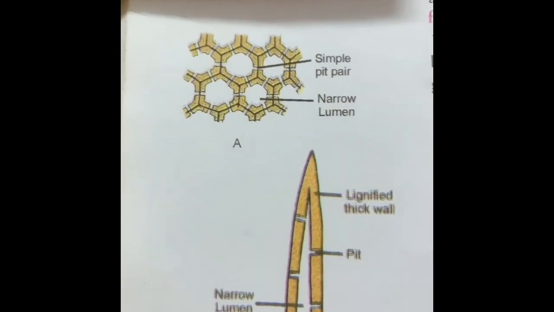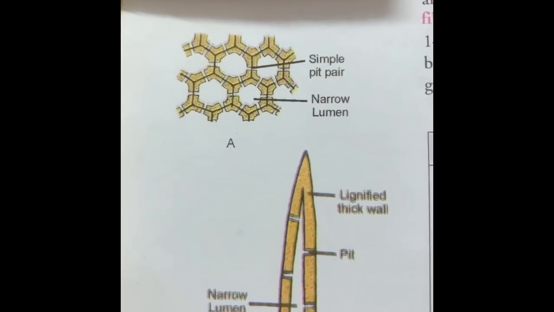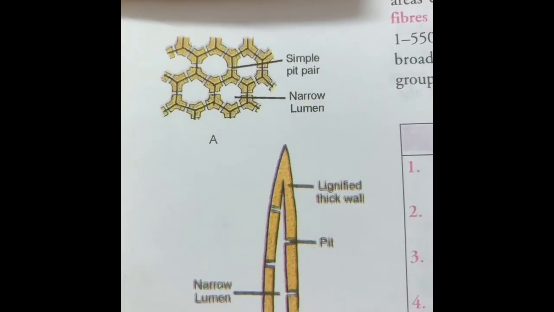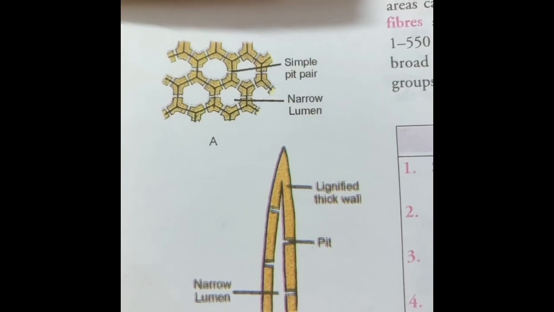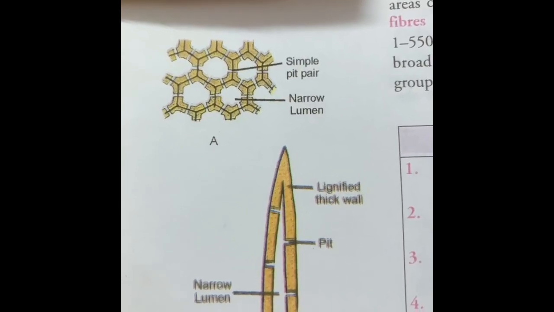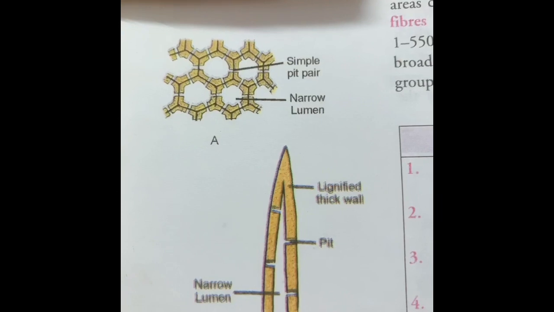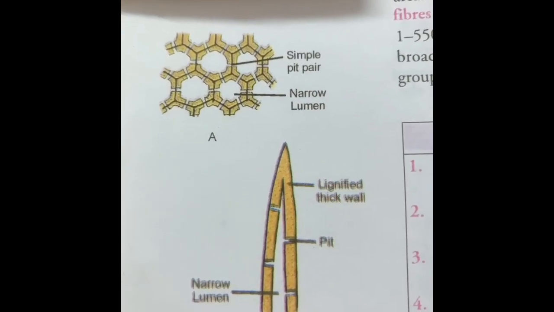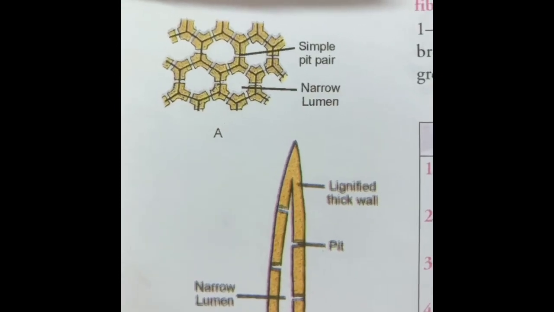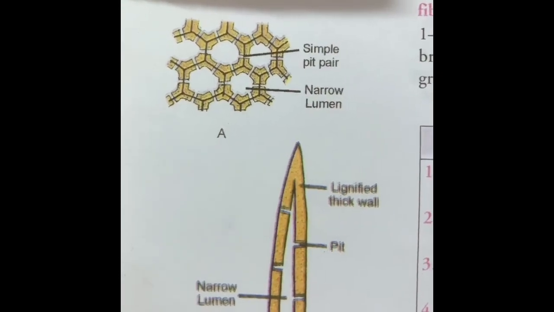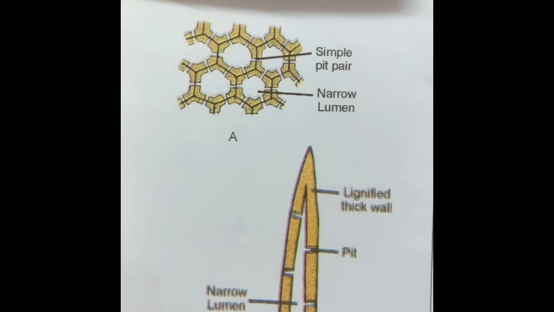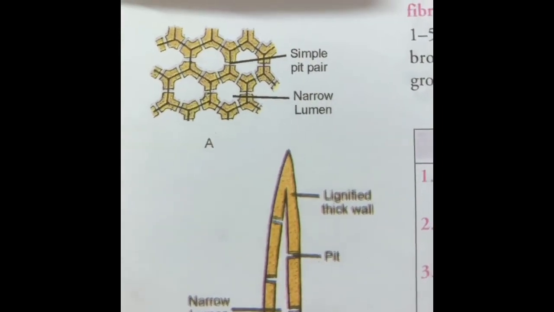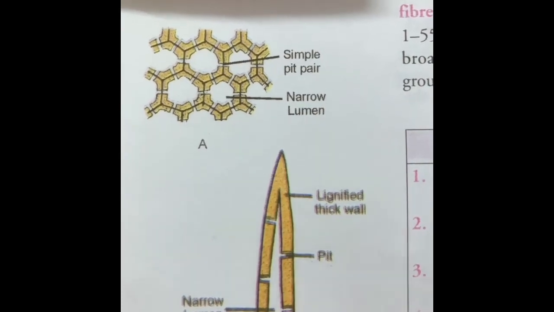This is how the sclerenchyma looks. I want you all to draw this diagram. As I told you, there is more thickening. This thickening is made up of lignin, and the main function of it is to provide hardness to the cells. The walls contain certain unthickened areas which are called the pits. You see that they are labeled over here, the pits.